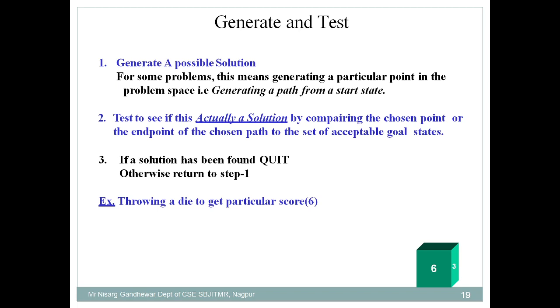The problem space is an area where a solution, or goal state, exists, and it also consists of the initial state and the goal state. Maybe you are present at the initial state and you need to reach the goal state, which is present within that problem space itself. But you will not jump directly from the initial state to the goal state; you need to move from the initial state to an intermediate state, and then from an intermediate state to the goal state. So you generate intermediate states and check whether you have reached the goal state or not. Now let's see the generate and test algorithm.